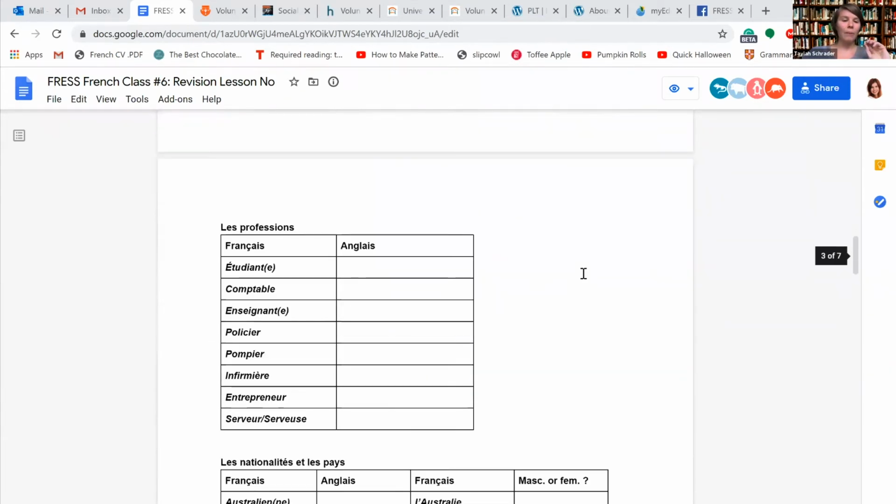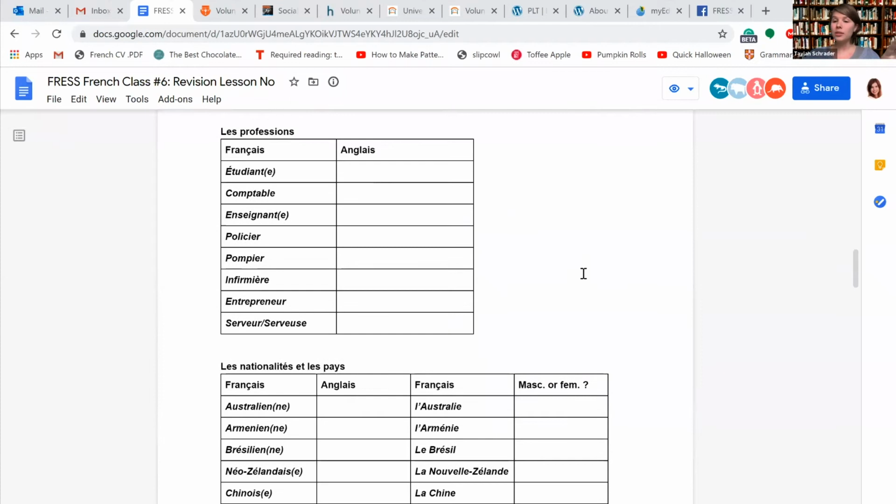So we have a couple of professions, okay? One which we are all at the moment is étudiant or étudiante, which is a student. This is how you say student, usually university, or if you're in a class for a language, you can say je suis étudiant if you're a man or boy or masculine identifying, and if you are female or female identifying, you would say étudiante.